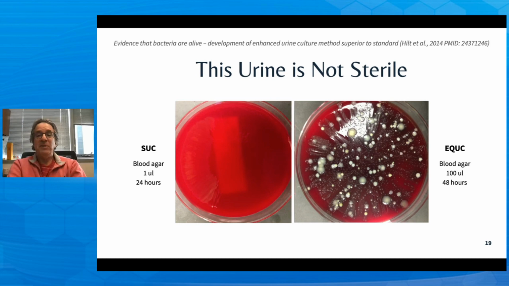So this was the same batch of blood agar plates, the same urine, but if you allow it to go for 48 hours, you start to see all these little colonies here. They're slow growers. They were not detectable after only 1 day of incubation. And these big colonies, there are not enough of them. You needed 100 times more urine to be able to see it. So this urine's not sterile, and this is a really good example of why SUC sucks. Okay, I mean, in English, right, suck means it isn't very good. That's why we named it that.